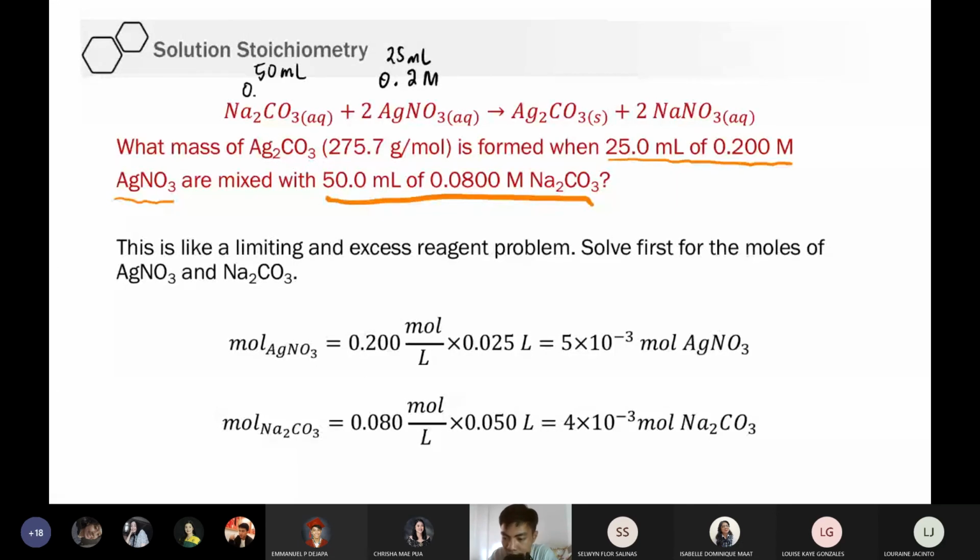Ano napapansin nyo sa problem na to? Yung dalawang given na substances ay reagents or reactants. Anong topic to sa stoic? Letter L. Limiting and excess